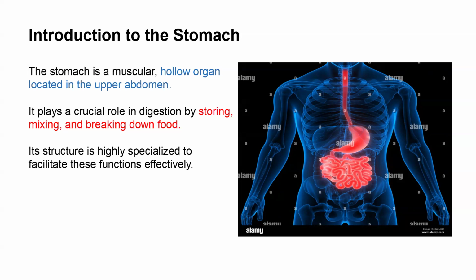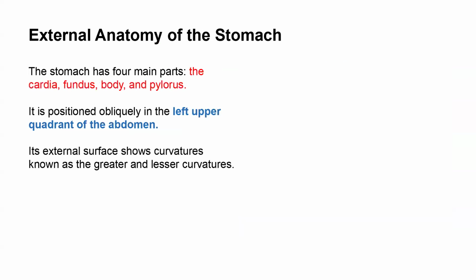And very importantly, the stomach plays a crucial role in digestion. It is very important in digestion by storing, mixing, and breaking down food. So you should understand that the major role of the stomach is digestion. And its structure is highly specialized to facilitate these functions effectively. It means that the structure of the stomach is very important in its specialization to facilitate the digestion of the food material. So now the next thing is the external